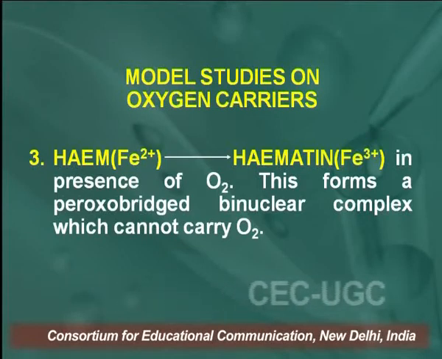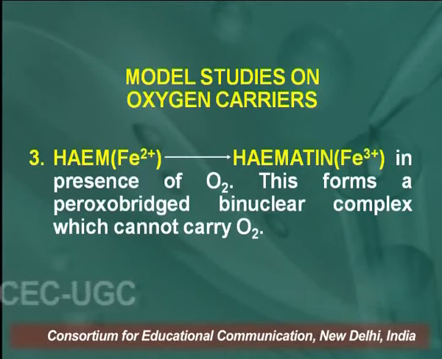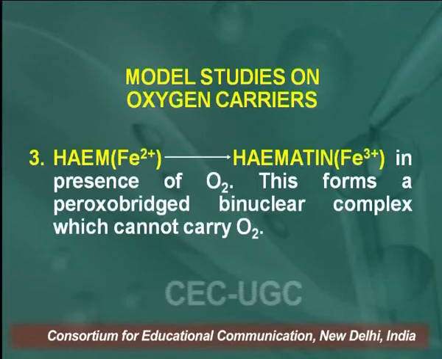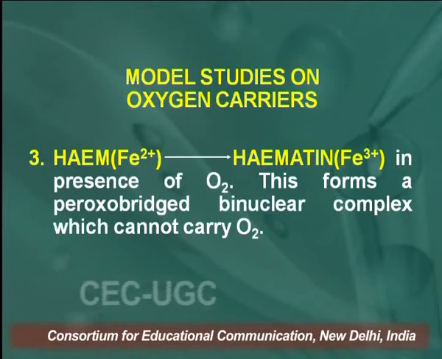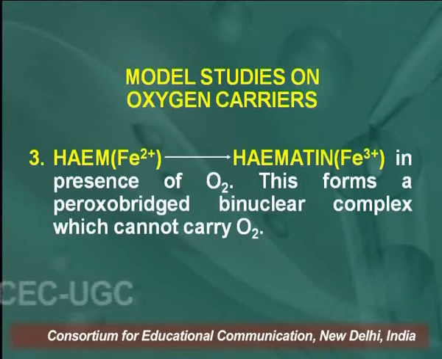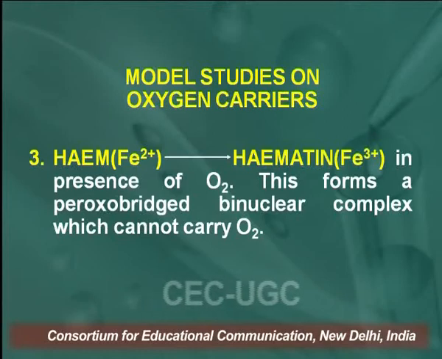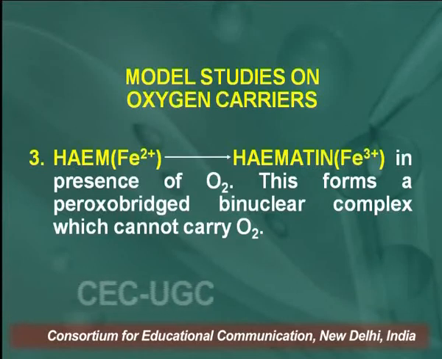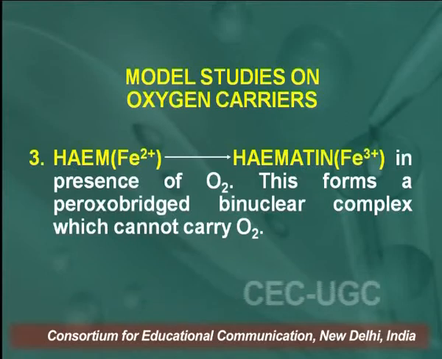This is because in Fe3+ the configuration becomes d5. D5, we all know, is a half-filled d orbital which is very stable. Fe2+ is in a d6 state, Fe3+ is in a d5 state. The d5 state is a half-filled d orbital which is very stable and does not undergo any kind of reaction easily. So once Fe2+ changes to Fe3+, it is of no use in carrying oxygen.